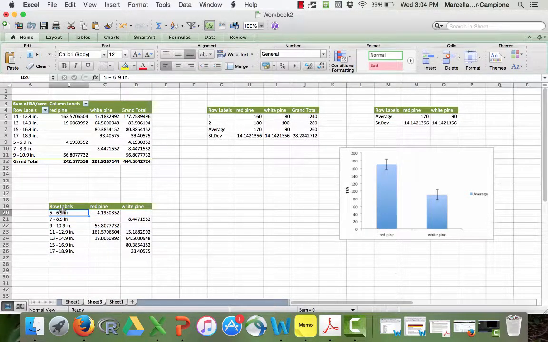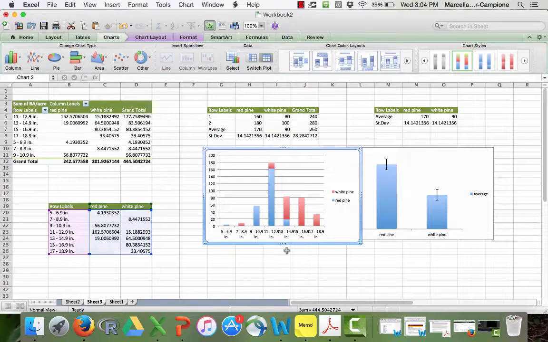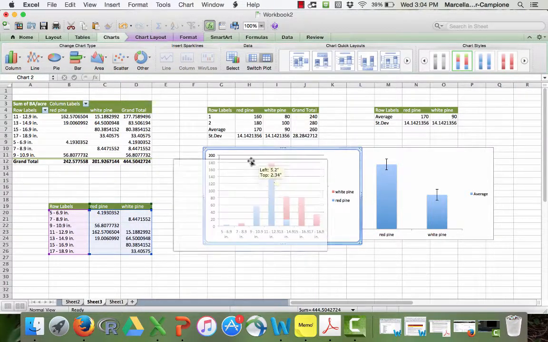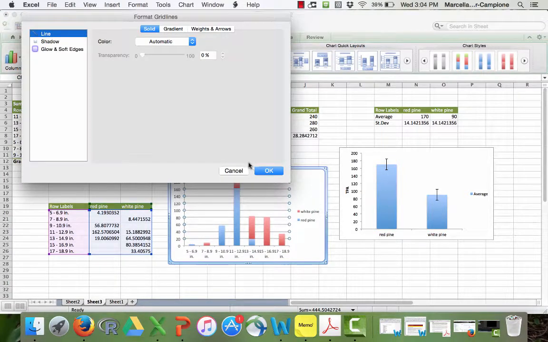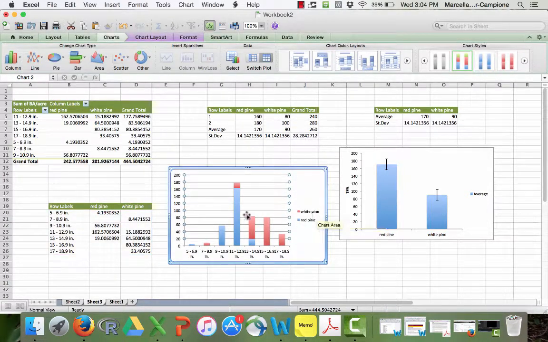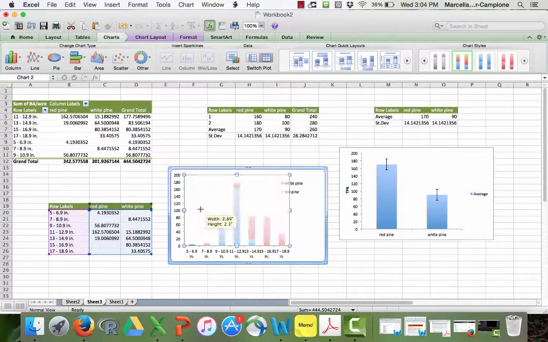So just move those cells and now we can make a diameter distribution. And we can see how that diameter is distributed, or how the basal area is distributed by the different diameter classes. And this is really a great useful figure because it lets you look at